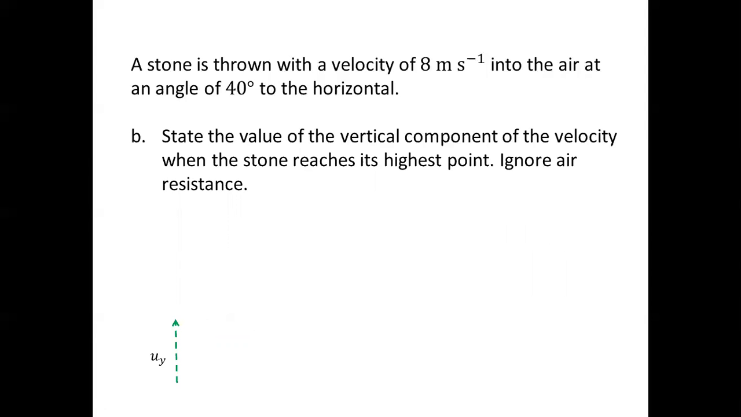Next, state the value of the vertical component of the velocity when the stone reaches its highest point. Ignore the resistance. Notice that when an object reaches the highest point of its path, that is the point wherein the vertical component of the velocity changes direction. And for that to happen, the vertical component of the velocity must become 0,